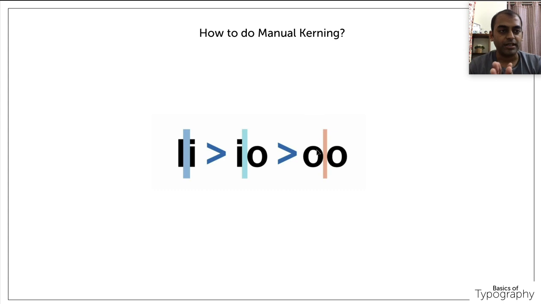Logically, if it is two straight lines like L and I, then there needs to be more spacing. If it is one straight line and one curved line, then there can be lesser spacing compared to the first one. If there are two curved lines, then the spacing can be much lesser. This is the rule. For example, L and I should have more spacing because the area is much higher. I and O can have less spacing compared to this, and both round-shaped letters can have the least spacing.